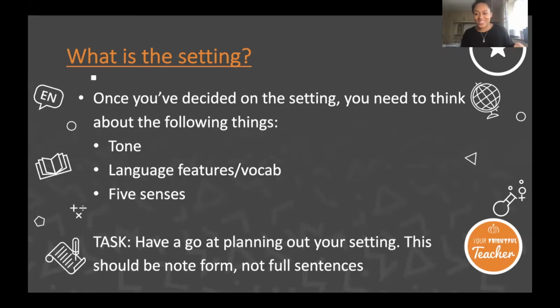Obviously, I've seen the video, so it's hard for me to talk about it without pretending I've already seen it. But it starts off quite creepy and spooky, but then when you get that music towards the end, it kind of, well, I was about to say it gives it a bit of a lighter tone, but the music's quite sad, so it kind of turns from creepy, scary to kind of sad. And that's what your descriptive writing needs to be able to do. You need to be able to kind of take the reader or the examiner or your teacher on a journey